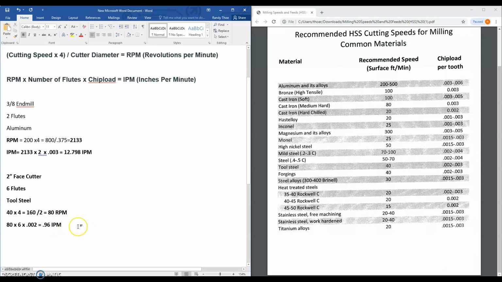So what that's telling us is that in a 1 minute time frame, it's going to travel less than 1 inch. That's very slow. But if you imagine you're only running the cutter at 80 RPM, they're all relative to one another. So that's how you do the math on this. That's how you can calculate your RPMs and your feed rate for